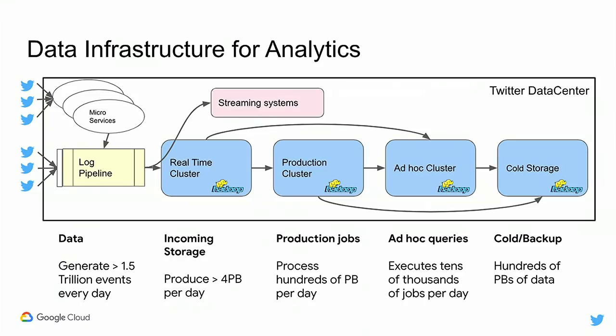Each of these events has a name associated with it. The log pipeline is responsible for aggregating all the events for the same name and writing them as log files on HDFS. We call this the real-time HDFS. This acts like an incoming HDFS. And usually it does a lot of cleansing, format conversion, and then also does a time-ordered partition, like year, month, day, and hour.